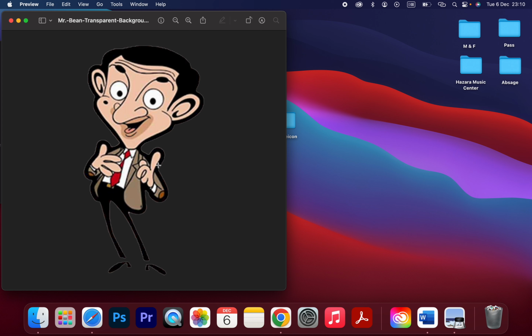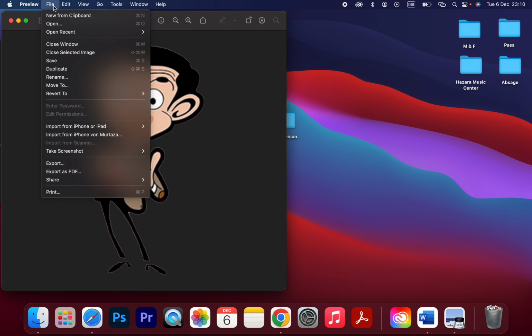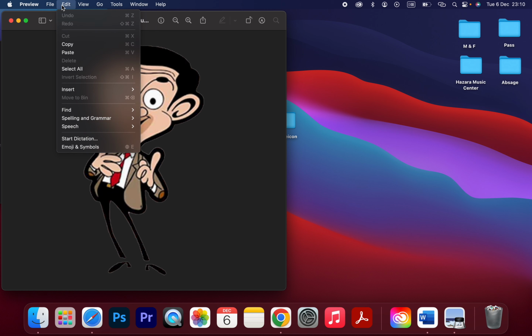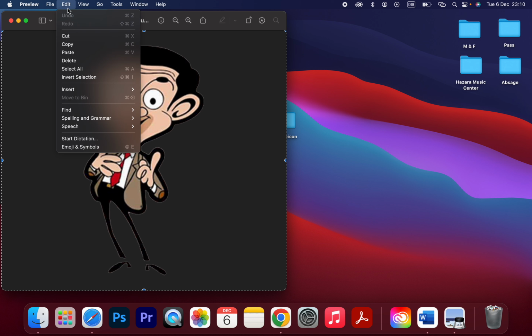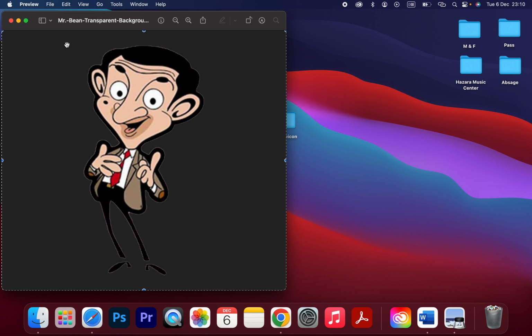Once you open the photo, you should go to File, you should go to Edit, Select All, and then after that you should go to Edit and Copy. Okay, and once you copy it,